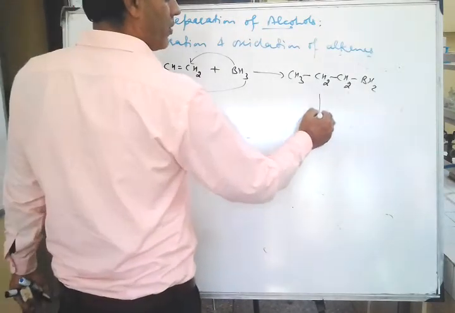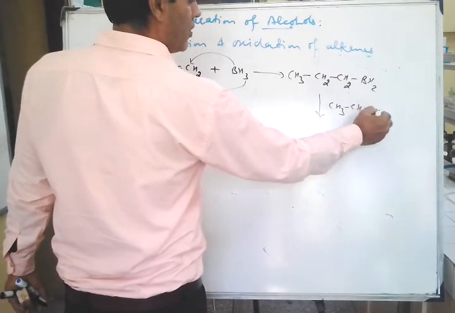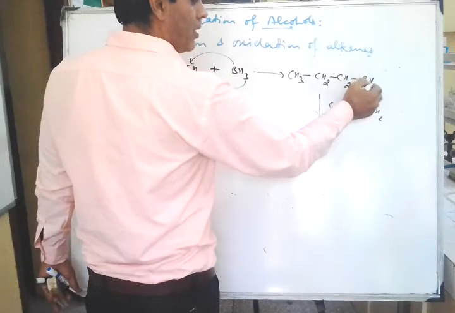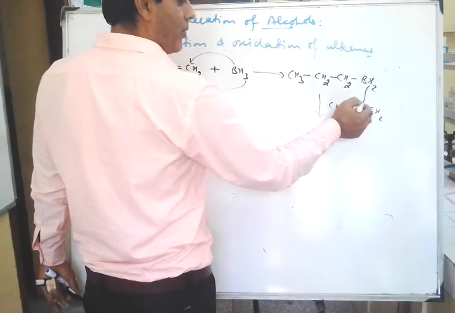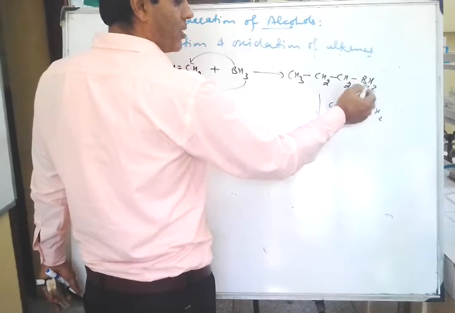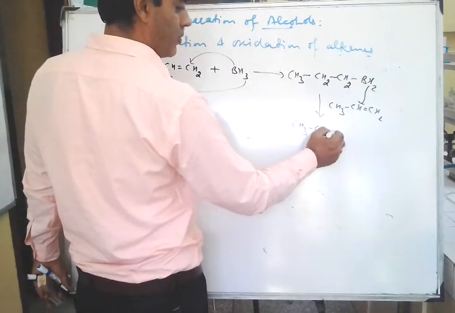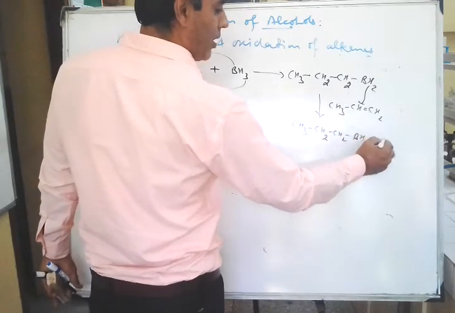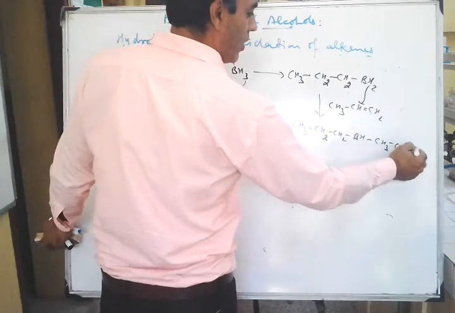Now you can take another alkene molecule, right? Then what will happen again? Take H from this BH2 and add it on this carbon atom, and boron on this carbon atom, right? So CH3, CH2, CH2, here will be now BH, and then CH3, this will become CH2, and this will become